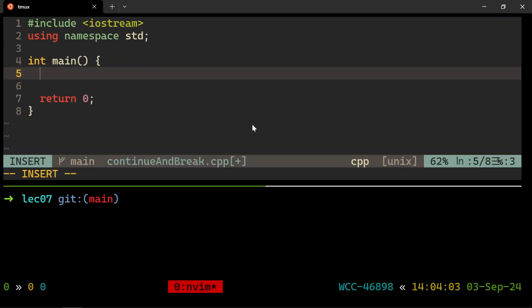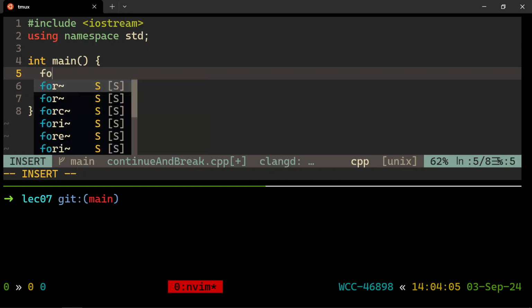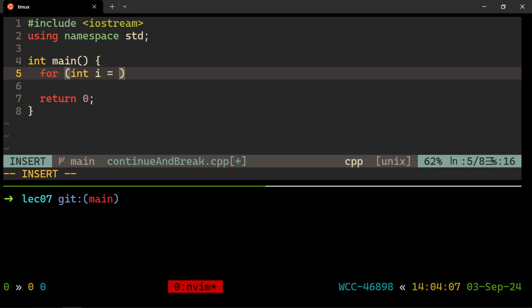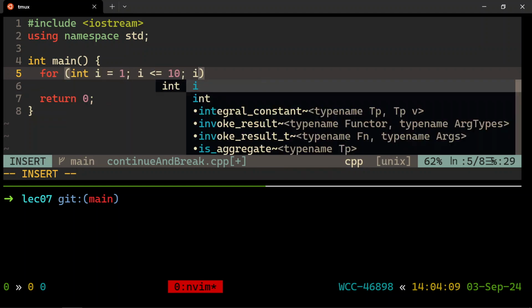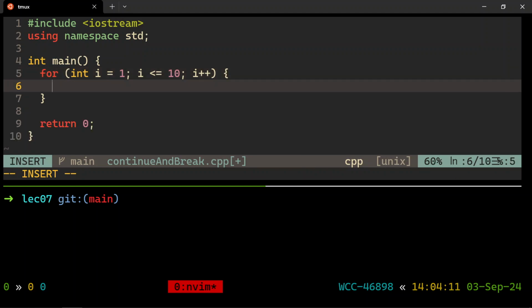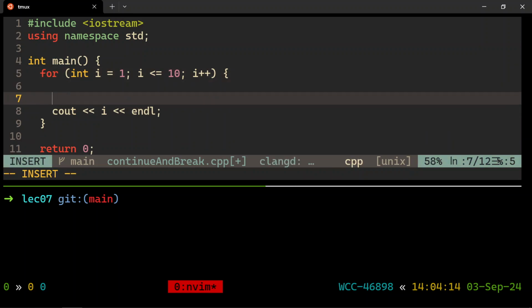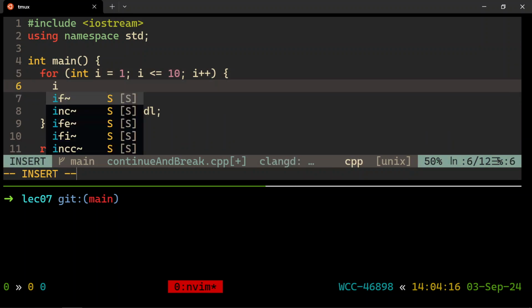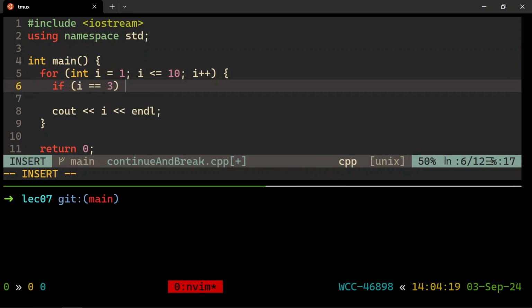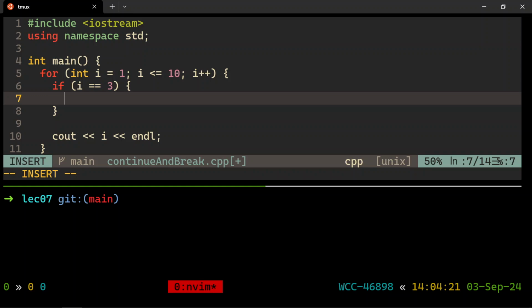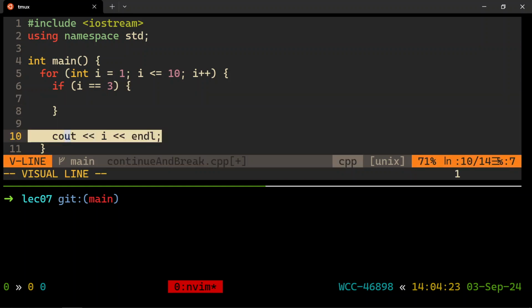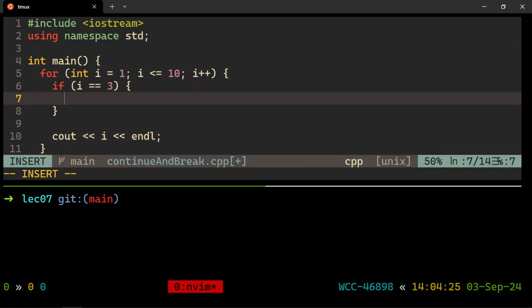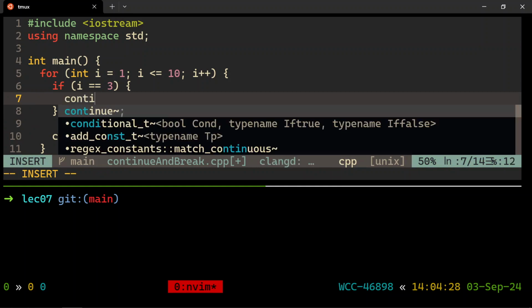Let's make a loop that just prints from 1 to 10. We know that one. Let's use a for loop. For int i equals 1, i is less than or equal to 10, i plus plus. That'll range within the values that I care about. And cout i. But let's say that I hate the number 3. So if i happens to be 3 right now, I'd like to skip this iteration of the loop. Just don't get down to here to print 3 because I don't like 3. All right, 3 has wronged me in some way.